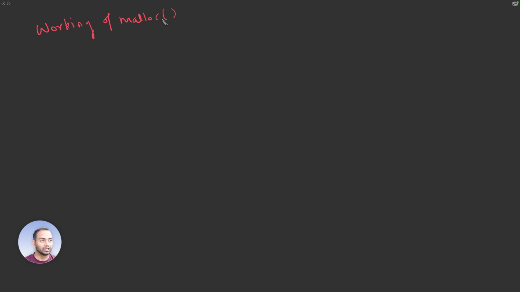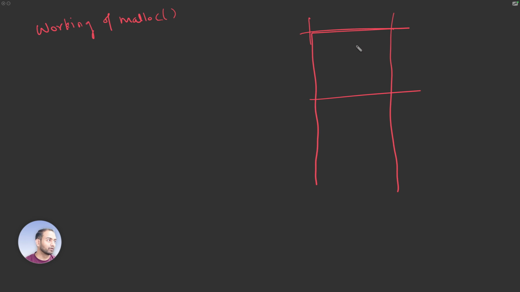My explanation here is based on how I implemented it. This might differ from the standard Linux implementation. That's the point. So first off, we have a memory region called the heap. In this case, let's say 10 MB, right? So the way malloc